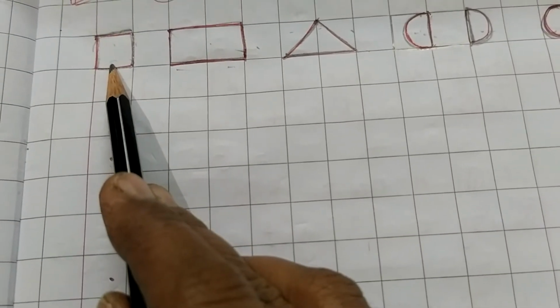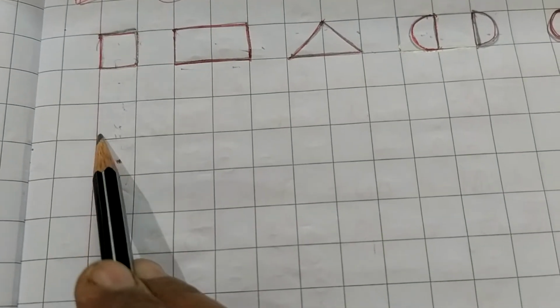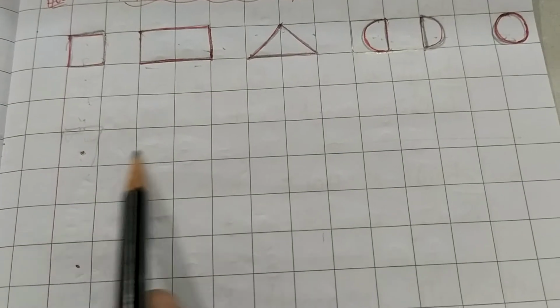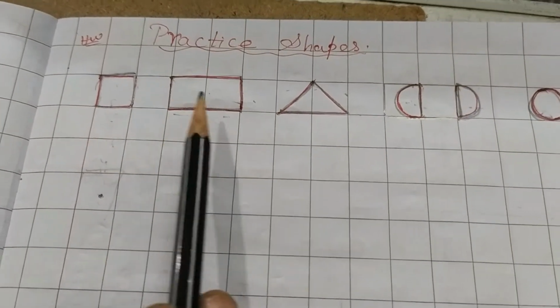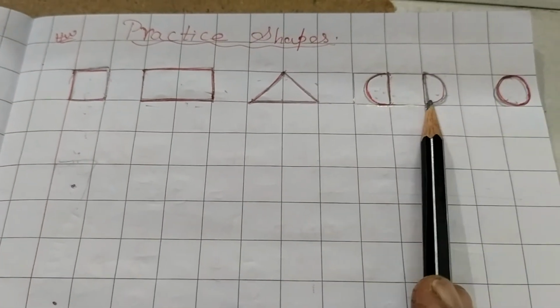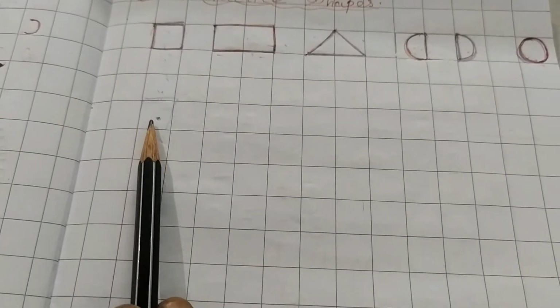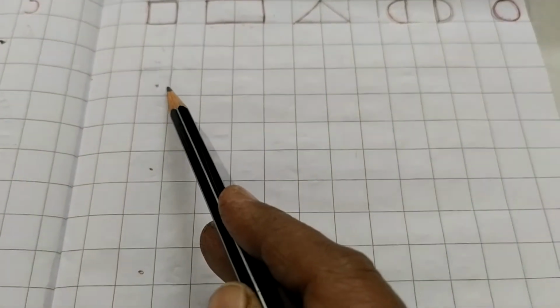So I have given here, and then I have left 2 boxes and given another dot. So here they will be drawing the shapes this way in a sleeping line. Ask them to draw in a sleeping line so that the next sequencing also they are learning. That is square, rectangle, triangle, semicircles, and then circles. The sequencing also they will be learning. So this is very important. You leave 2 boxes and give them, so that gives them practice of 5 times of drawing.